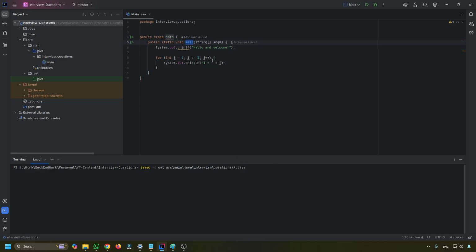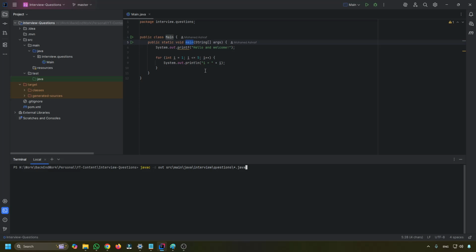Today we're going to be discussing what is a JDK, and JDK is Java Development Kit. It's going to be responsible for some development operations such as compiling and generating or packaging the bytecode in order to be a jar or a WAR file. So we're going to make a simple demo demonstrating what the JDK is and how we can use it to generate the bytecode